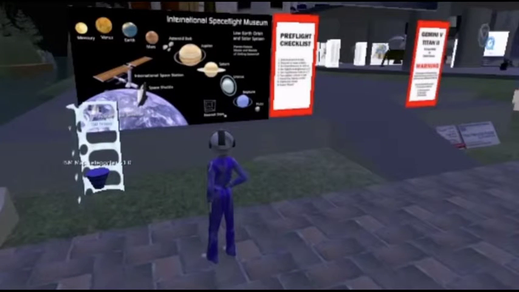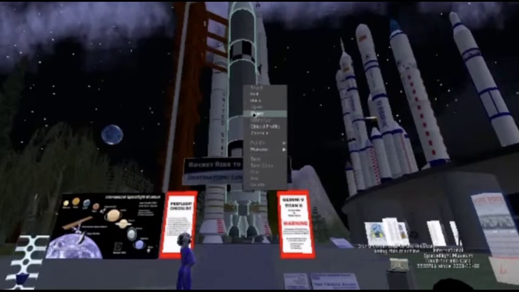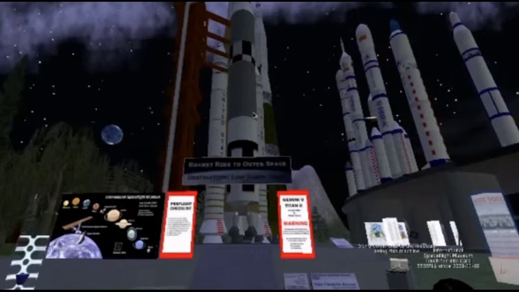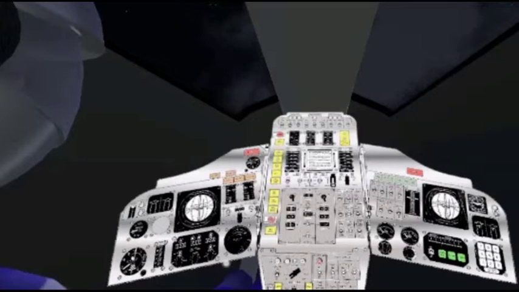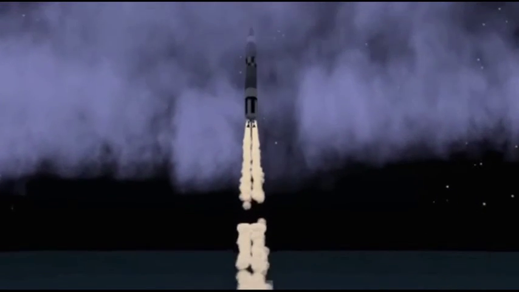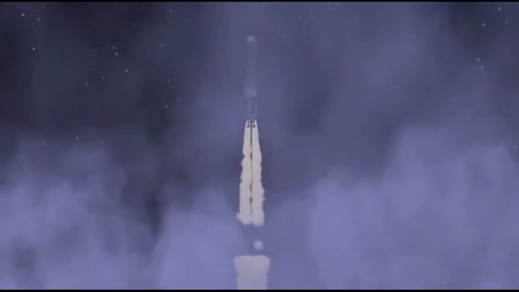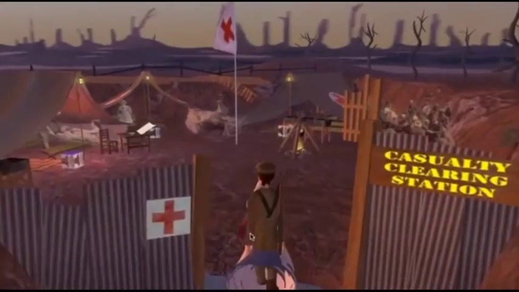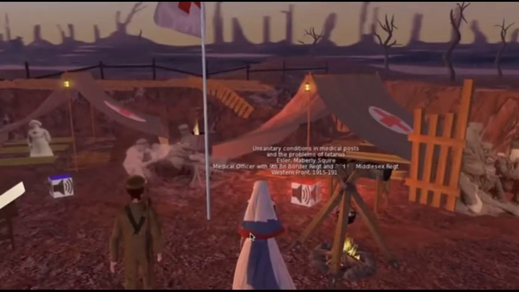I'm going to conclude by showing you two short clips from Second Life. And I want you to think about what if you could take your students on a flight to the moon, a simulation of a flight to the moon based on a space that was created by NASA. The closest we might ever get is through this type of simulation. What if you could take your students to the trenches of World War I and they could be surrounded by the sounds of bombs and